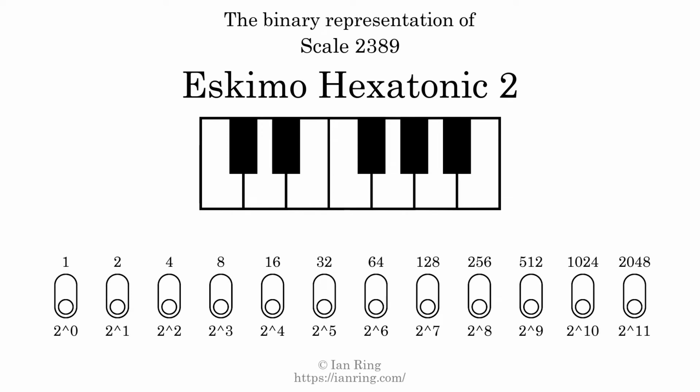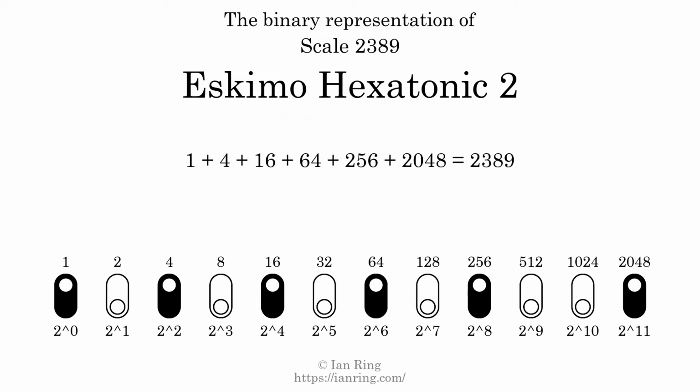The binary representation of this scale is determined by mapping tones of the scale to binary digits. Each binary digit represents a power of 2. To get the scale number, we add the powers of 2 together. The powers of 2 that are present in the scale, all added together, equals 2389. That is why the scale number, in decimal, is 2389. The scale number not only enumerates the scale with a unique index, but it also literally describes the tonal content of the scale. Represented as a binary number in base 2, the scale number is